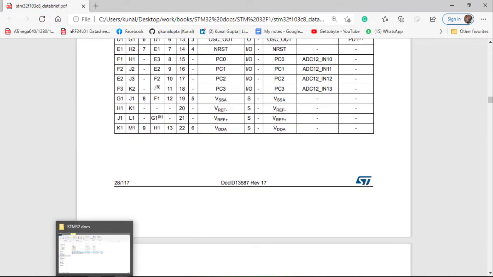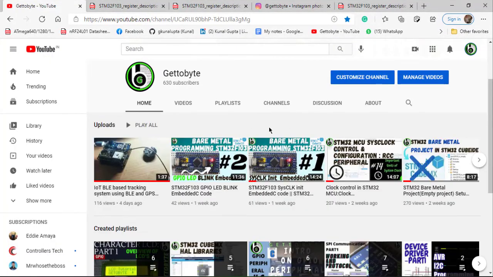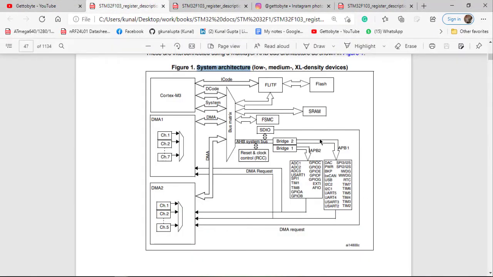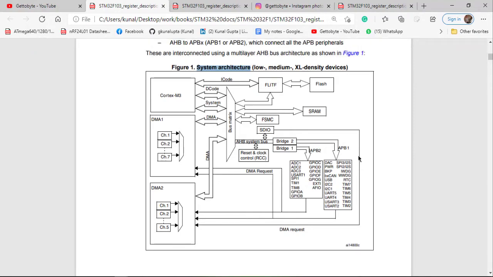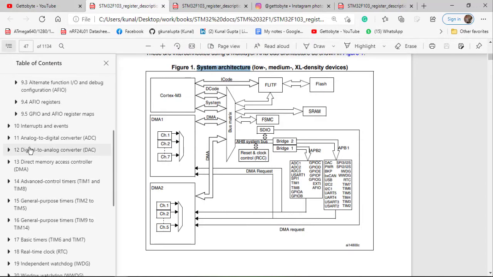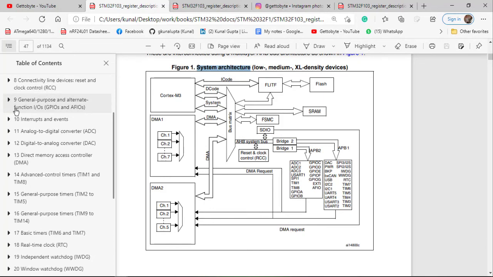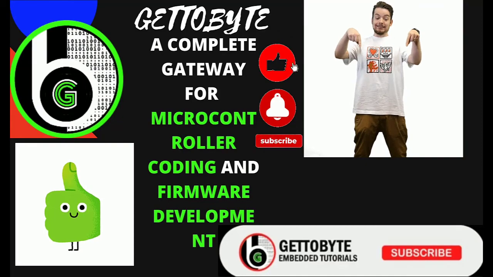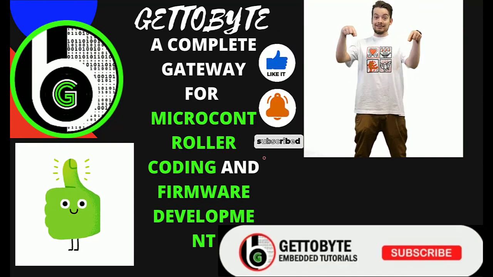Now that's it for this video. The last two videos have been a bit conceptual: in the first I told you about system architecture and in this one the alternate function. Now in the next I will be starting with the timer counter peripheral first, and will be generating delay using the timer 2 peripheral of our microcontroller. Okay, and using the time base module, and telling you things about that also. And then in the corresponding videos we will be generating PWM signals on pins using the general purpose and the advanced control timers. So that's it for now guys.